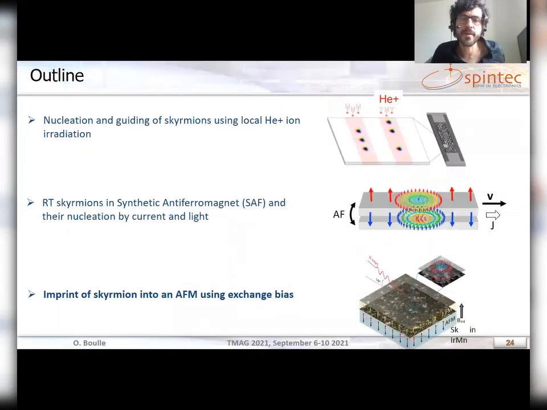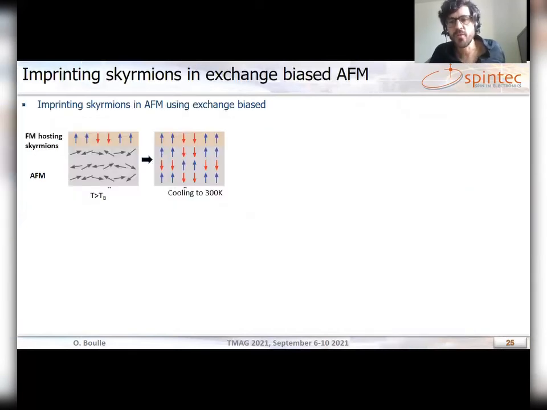Okay, so this concludes my part on antiferromagnetic skyrmions in SAF. And finally, I would like to show that antiferromagnetic skyrmions can also be stabilized directly in an antiferromagnet with an exchange bias system. Another way to stabilize antiferromagnetic skyrmions is to consider an antiferromagnet, where a larger stability is expected due to the larger exchange field. However, the skyrmions are very difficult to nucleate, and their observation in an antiferromagnet is very challenging due to their vanishing magnetic moment. To nucleate this spin texture in the antiferromagnet, we have used an exchange bias